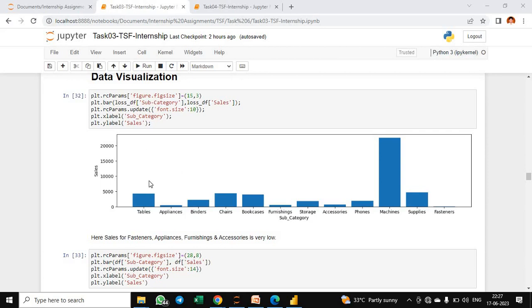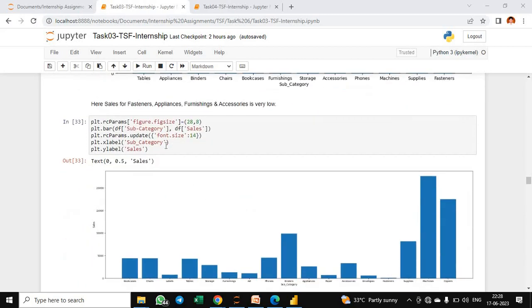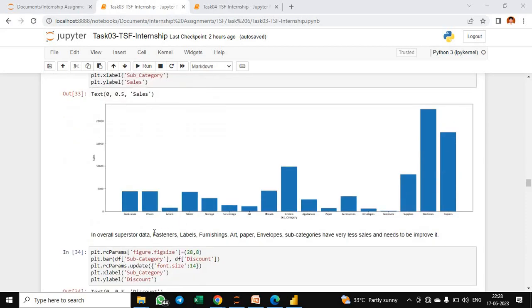dataset, and we can see that fasteners, appliances, furnishings and also accessories have very low sale. Then for the main overall dataset, plot the bar plot between subcategories and sales, and we can see that subcategories like fasteners, labels, furnishings, art, paper, envelopes have very less sales and need improvement for the